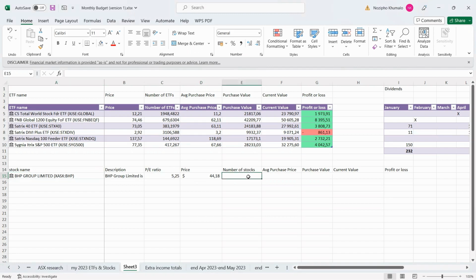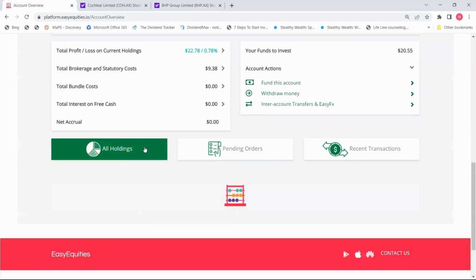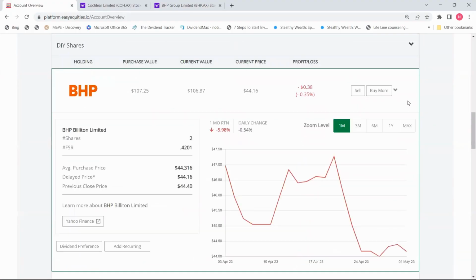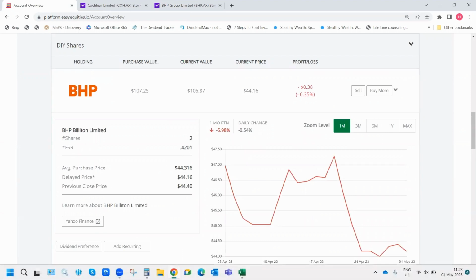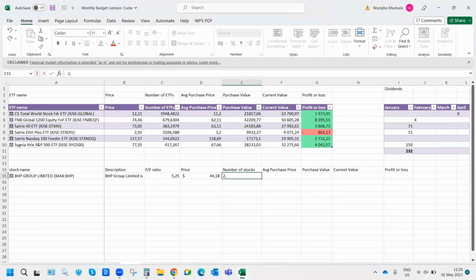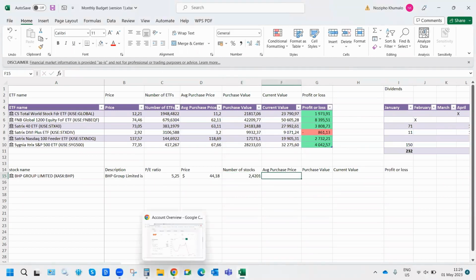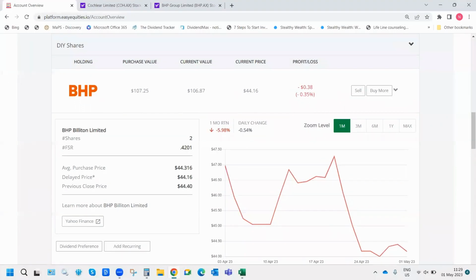Where it says number of stocks, those are the number of stocks that I bought. So I need to go into EasyEquities. Okay, so all holdings, and then scroll down. BHP, I've got 2.4201 shares. Okay, so let's go and fill that. Okay, average purchase price, which is the price that I paid on average, is $44.316. So